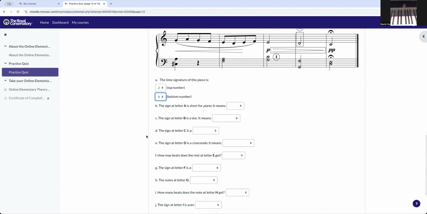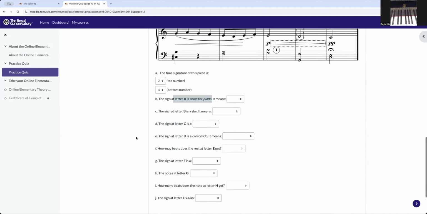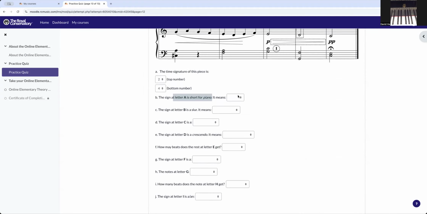So it's 2, 4. The sign at letter A is short for piano. Let's just quickly take a look at it. This box has a small p in here. We just did this one before. So it means soft, softly or loud, slowly or loud. So which one is that? Piano means